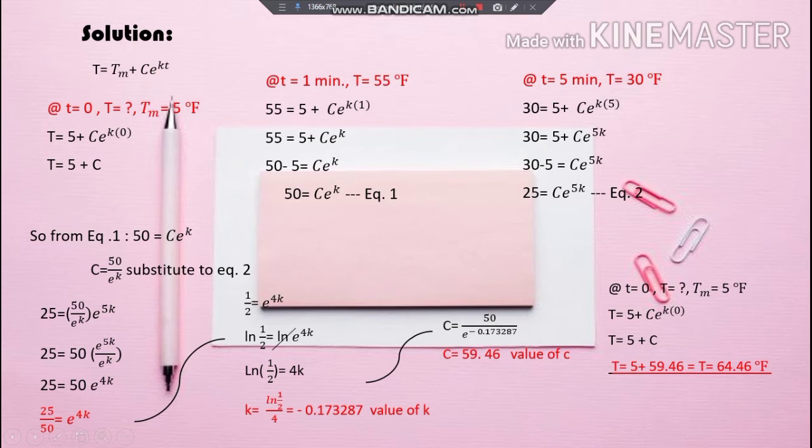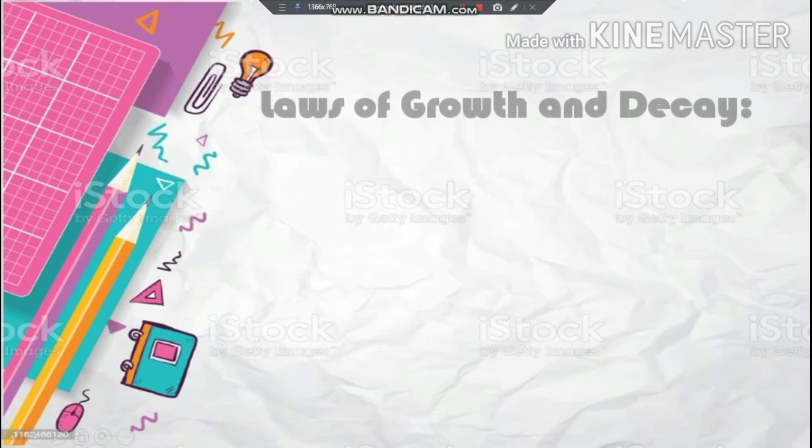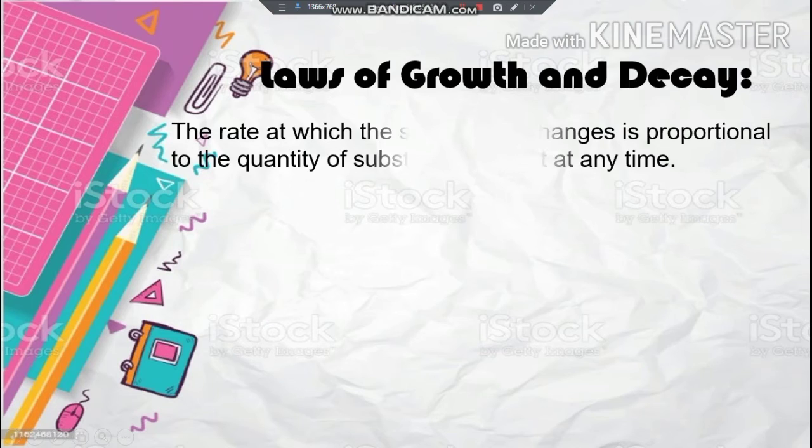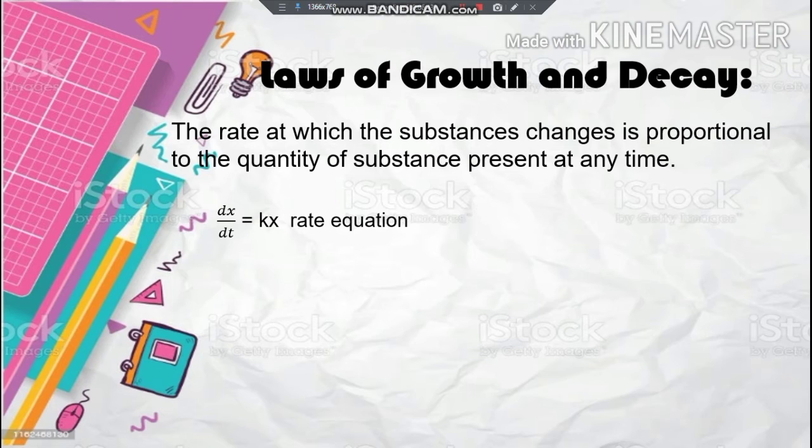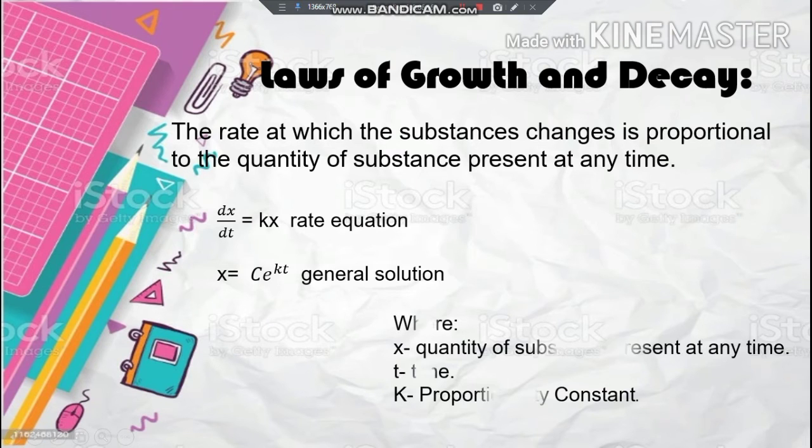And now let's move forward to the second application, which is the laws of growth and decay. The rate at which a substance changes is proportional to the quantity of the substance present at any time. And this is the rate equation: dx over dt is equal to k times x. And we formulate the general solution, which is x is equal to c times e raised to kt,